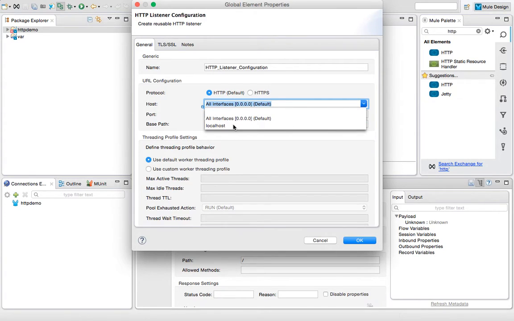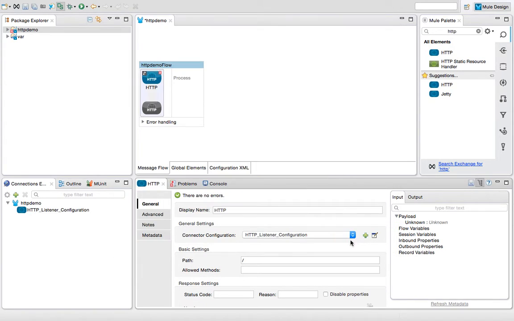So let us have it as localhost so that we can test that service on our local machine. Your service can be hosted on any port, and this port should not be used by any other service. So the port should basically be free to use. So let us host this service on 8093. I'll be explaining about the base path later. Let us have this path as test. So that's it.